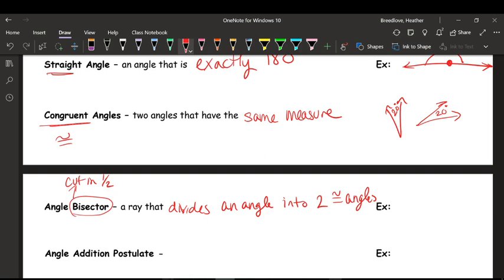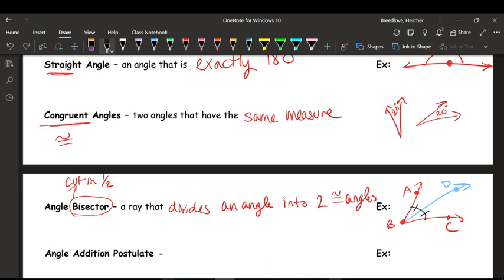So, for example, if I have this angle A, B, C, and there's a ray BD, if ray BD is an angle bisector, then it will cut angle ABC exactly in half, and I'll mark it in my diagram like that with a